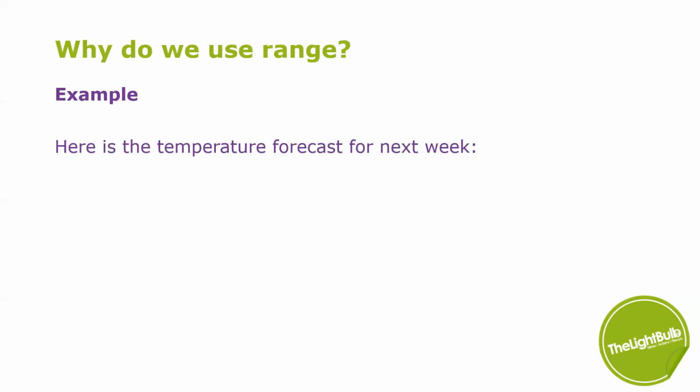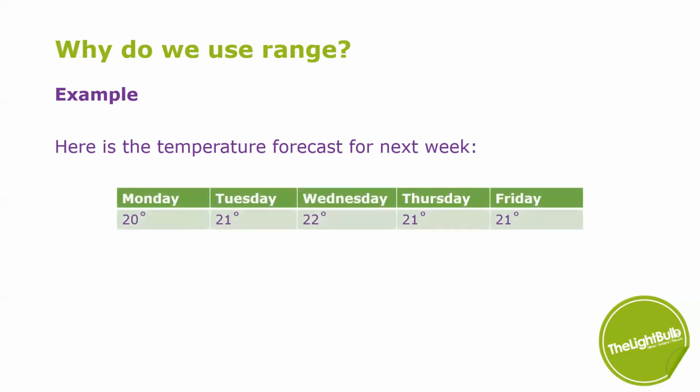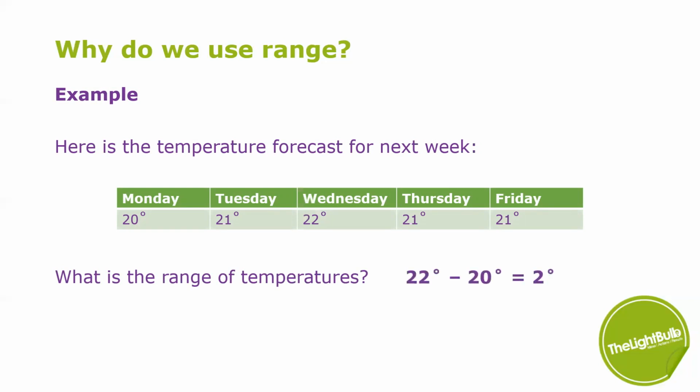Well, it helps us to understand consistency, really. So here's the temperature forecast for next week, let's say, in some part of the world, I'm sure. All in the 20s. What is the range? Well, the biggest temperature is 22, smallest is 20. So subtracting one from the other gives us a range of 2. So this is very consistent, and lets us predict and plan for the week ahead with quite some degree of